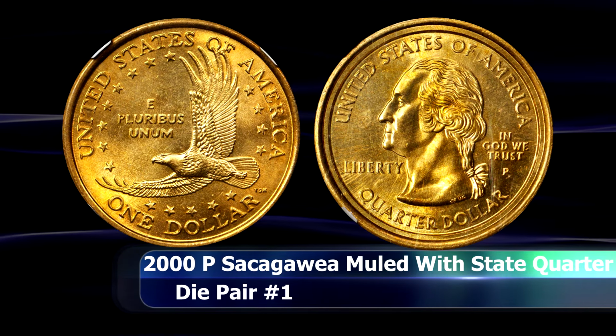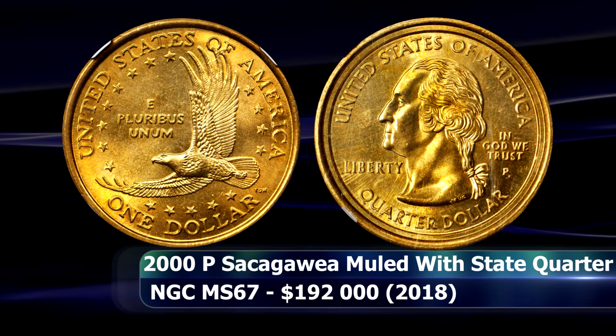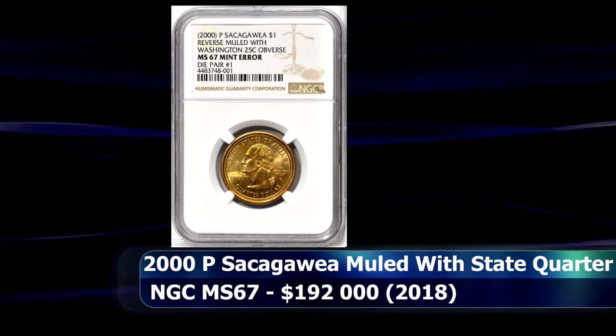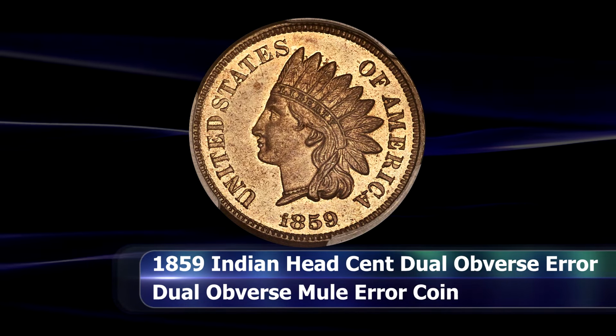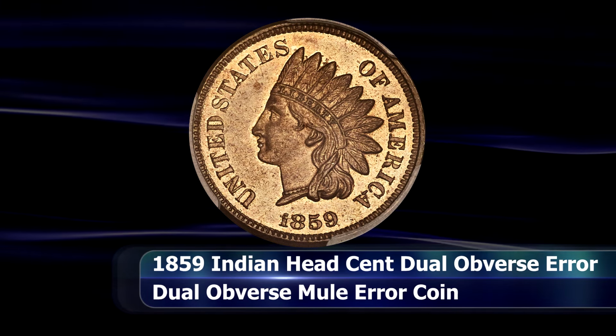quarter obverse from the Philadelphia Mint. Today, fewer than 24 of these coins are known to exist, with this MS67 example from NGC having sold in 2018 for $192,000. Here we have a coin that is truly unique, and in any other year or denomination literally could not